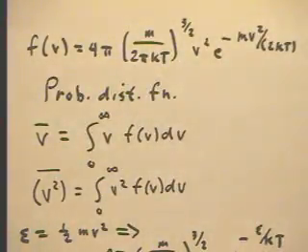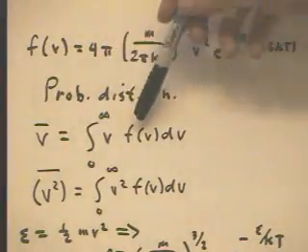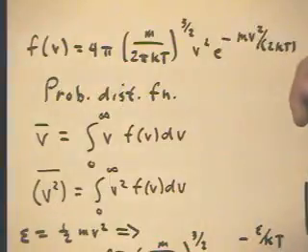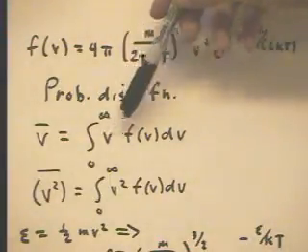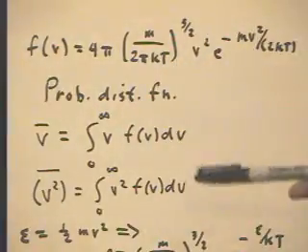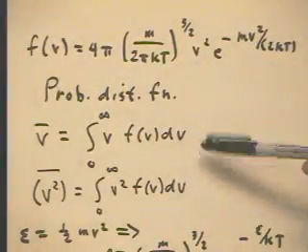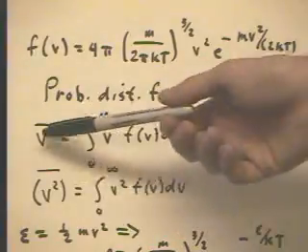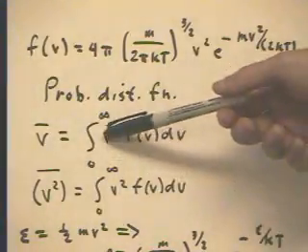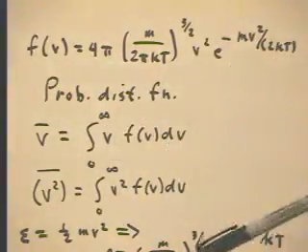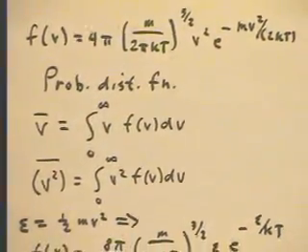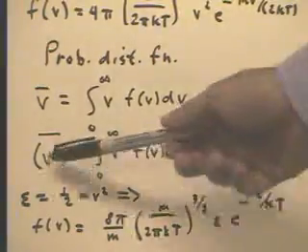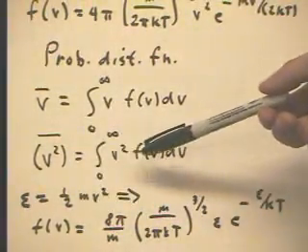The idea here, of course, is that we multiply each velocity by its probability. So it's like we're averaging over velocities. We multiply each velocity by its probability, then we divide by 1, which is the total probability, which doesn't change anything, and we get the average velocities. It's like we sum up all the velocities times their probabilities to get the average velocity. And of course, we could get the average of the squared velocity just by integrating the squared velocity times the